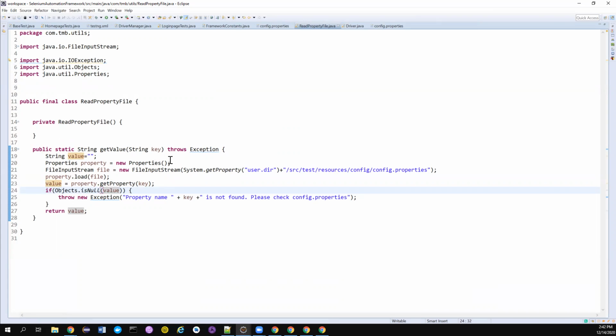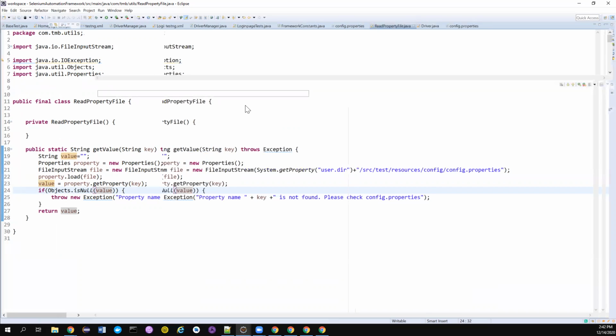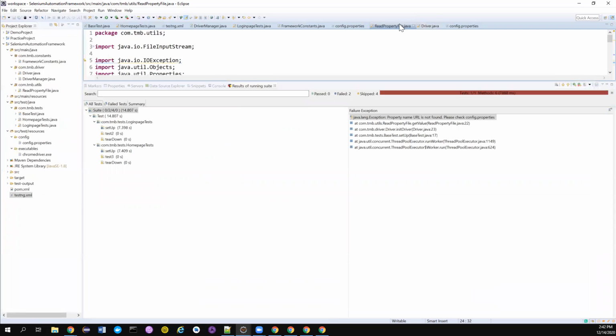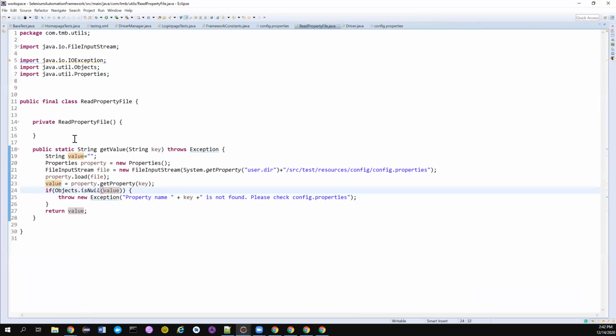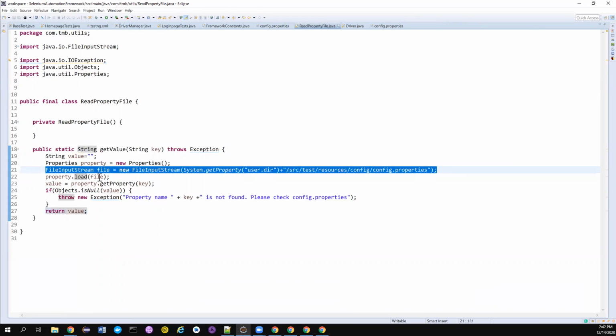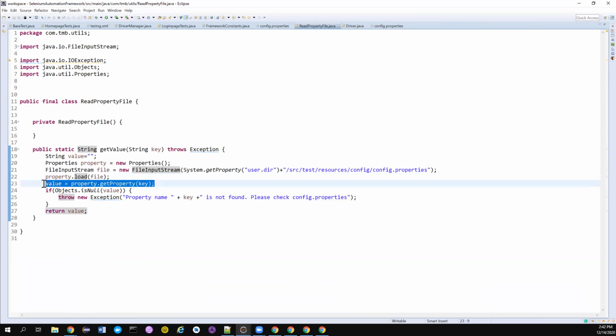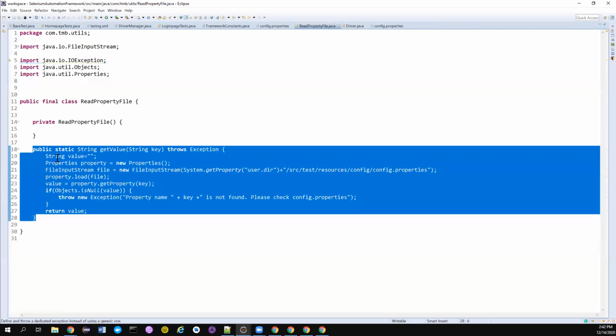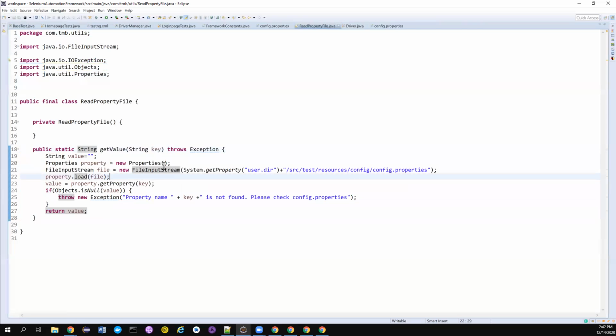That's all for today, but we are doing something wrong. Every time we call this get method, we are opening a resource, a file input stream, loading the property file, and returning. This is a simple task, but suppose you have 1,000 configurations in your property file, it will be called 1,000 times, and you are making a connection to your property file 1,000 times, right? So this is not a good approach, and we'll see how we can rectify this